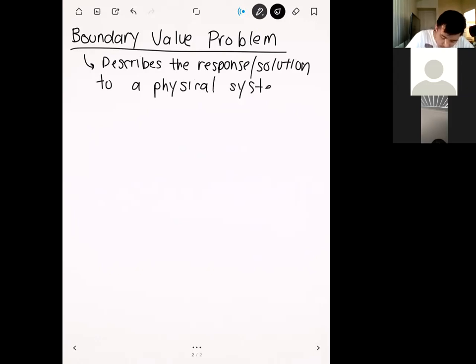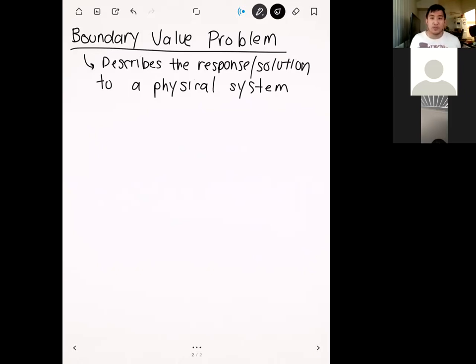Okay. And so up to this point in the class, we've just covered one type of physical system, which was structural systems. So we had a structure that was made of trusses or beams or frames, and we solved for the solution, which was the displacements or the rotations. Okay? And so finite elements can cover these kinds of problems, but it can also cover things like heat transfer